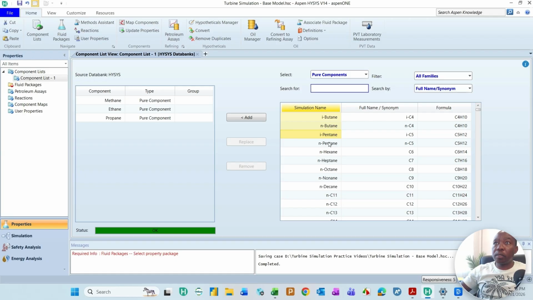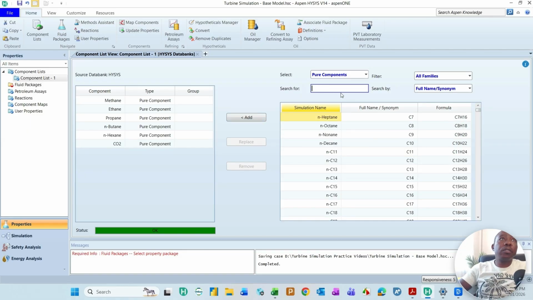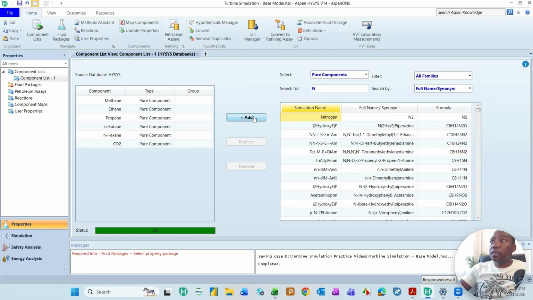And then I've got N-butane, add, and hexane, add. Then carbon dioxide, I'm going to search for carbon dioxide, CO2, add, and nitrogen, there's nitrogen, add,